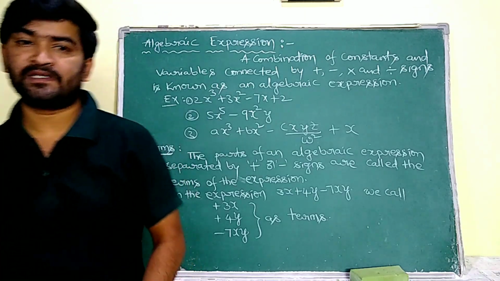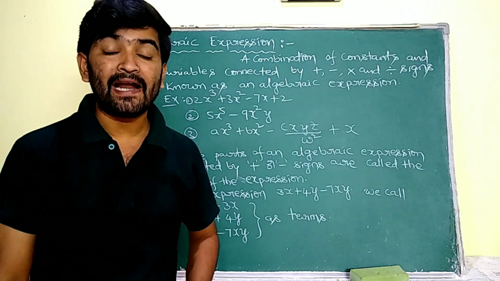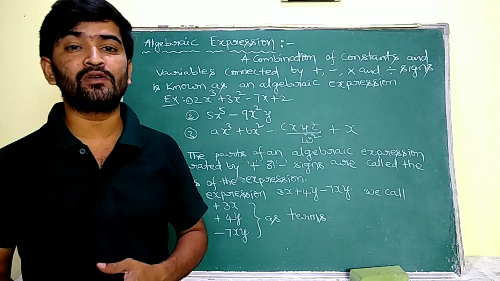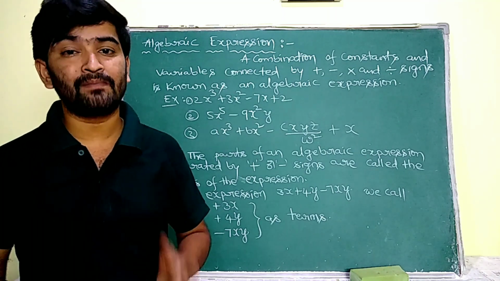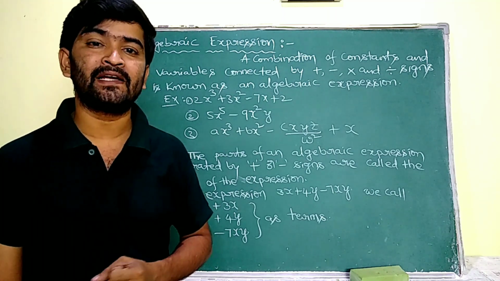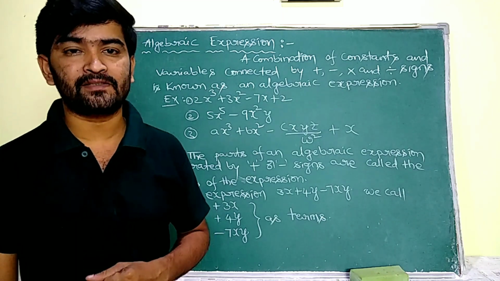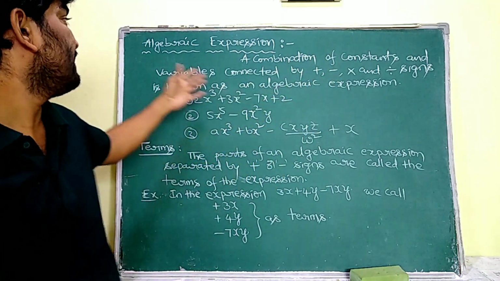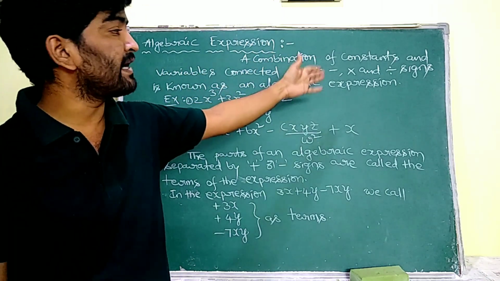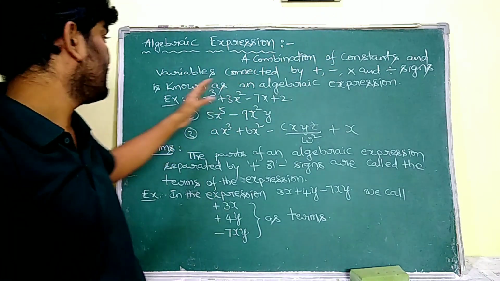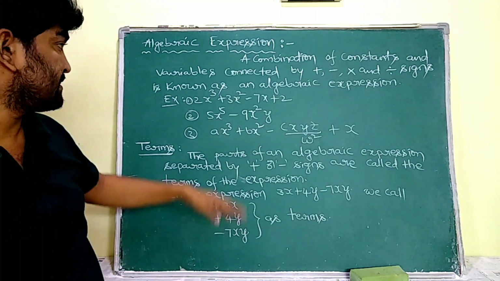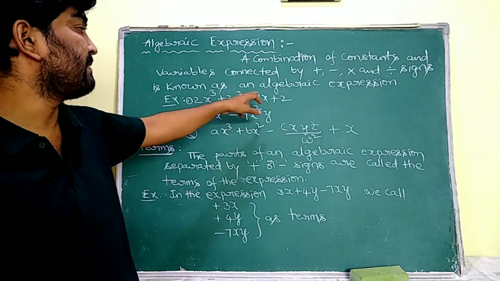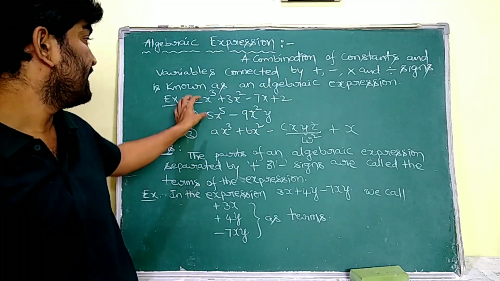An algebraic expression we have to discuss now. An algebraic expression means the combination of constants and variables connected by plus, minus, into, divided by signs. See, a combination of constants and variables connected by plus, minus, into, divided by signs is known as an algebraic expression. For example, see, 2x cube plus 3x square minus 7x plus 2. It is an